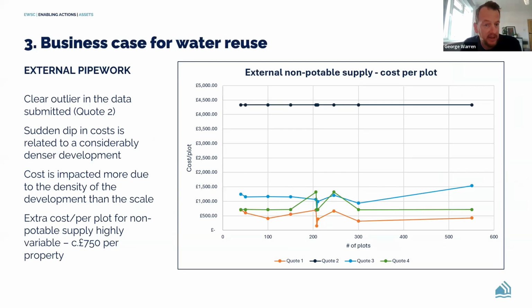There is a sudden dip in costs associated with a development around the 200 property mark. Now, the reason for that is a very dense development in comparison to the others, and so costs actually drastically decrease. I'll get onto that in a second around the impact of density on this. But you could broadly say that it's around the sort of £750 per property of additional costs for the non-potable